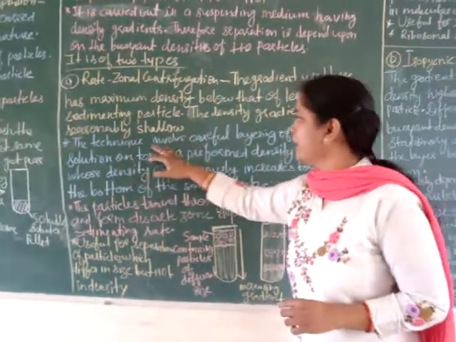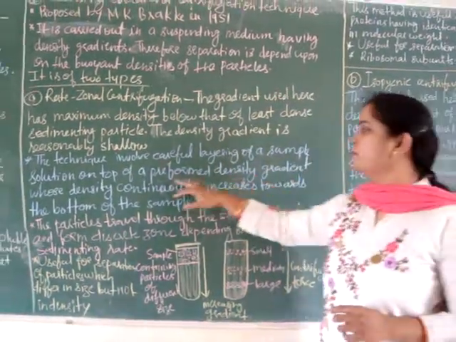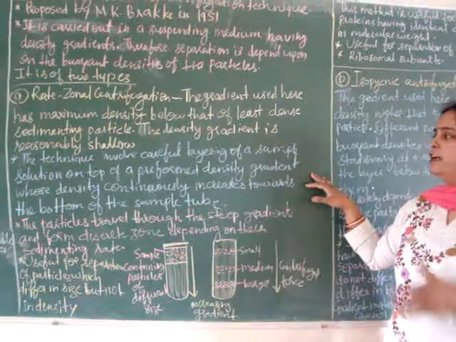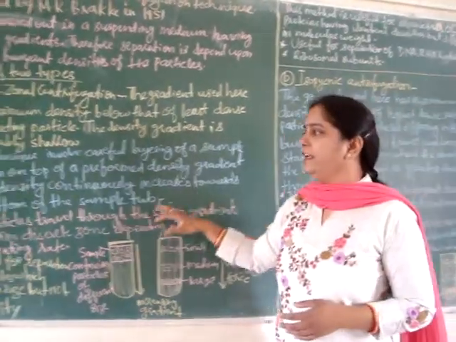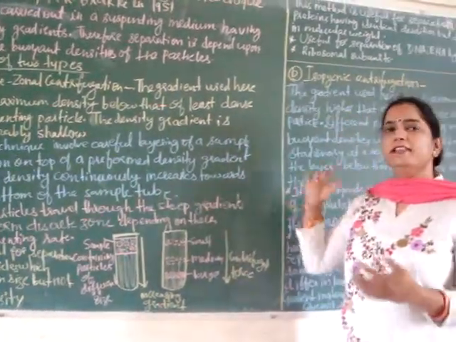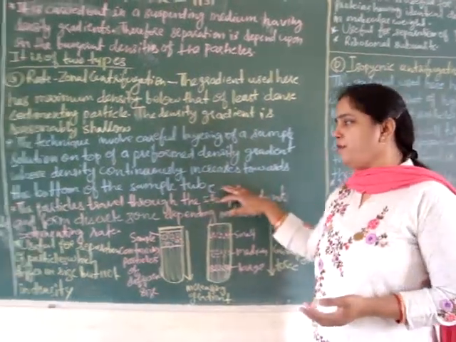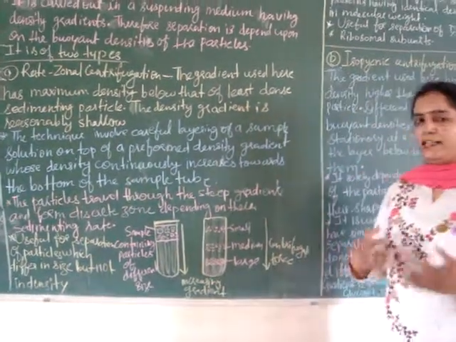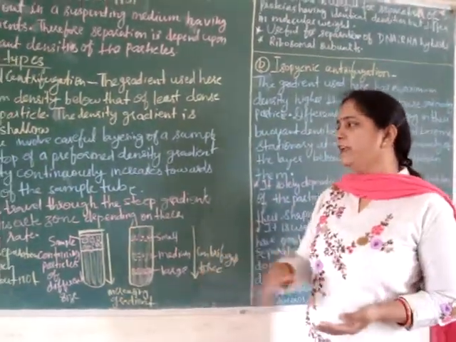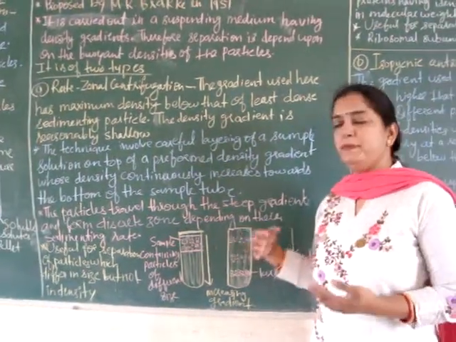The technique involves careful layering of a sample solution on top of a preformed density gradient whose density continuously increases towards the bottom of the tube, and the particles travel through this gradient and form discrete zones